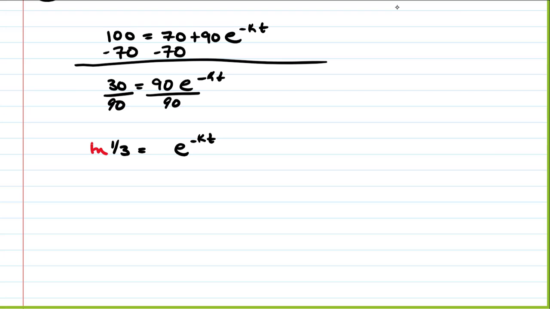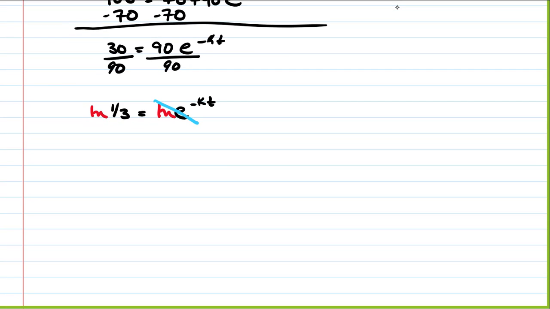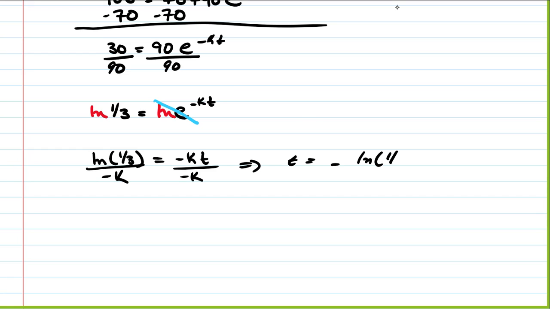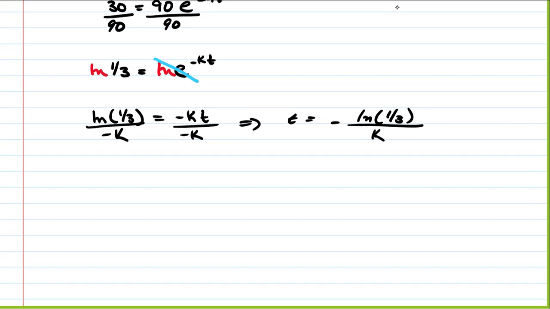Using our natural logarithm once again to undo our exponential base e gives us the natural logarithm of 1/3 is equal to negative kt. And we divide by negative k. So finally, that gives us t is equal to the negative natural logarithm of 1/3 all divided by k, and